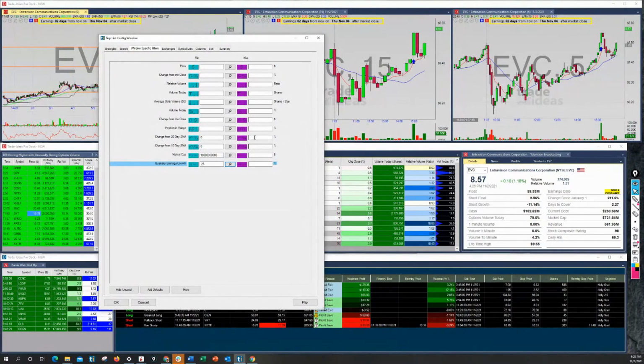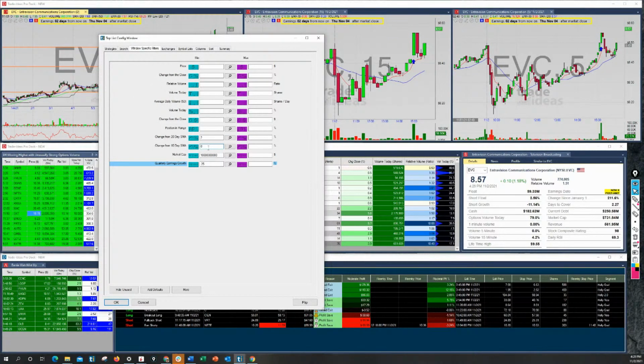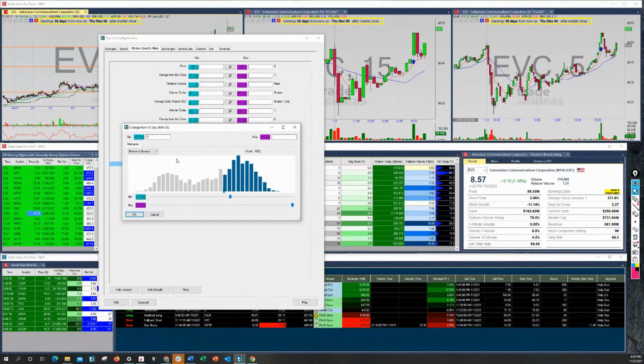All right. So now we start to format this here. We put some values in. Now let's play with the SMA values. We want to see it above the 20 and above the 10. Maybe let's start with the 2 here. So now you're showing me it's at least 2% above the 20 SMA. All right, and let's put a 0.5 here. This is going to give me a histogram, but it's at least 0.5% above that.